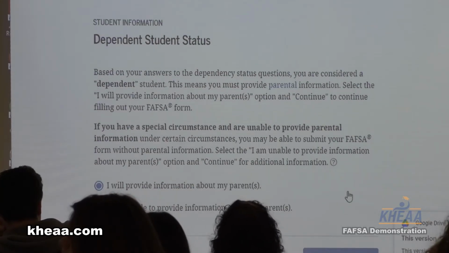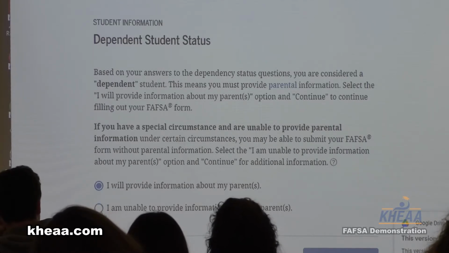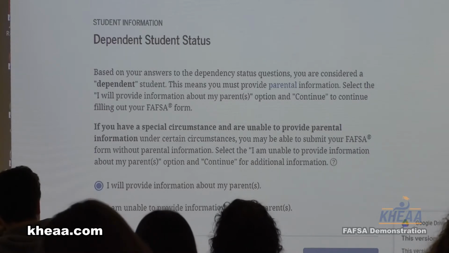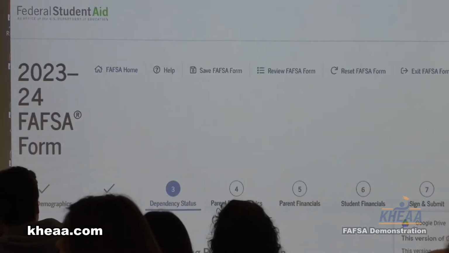So this is basically saying, okay, you answered all the questions, none of the above, so more than likely you're going to be a dependent student. However, if you click "I'm unable to provide parent information," so it's asking will you provide or are you unable to provide. If you put I am unable to provide, you'll automatically go to another